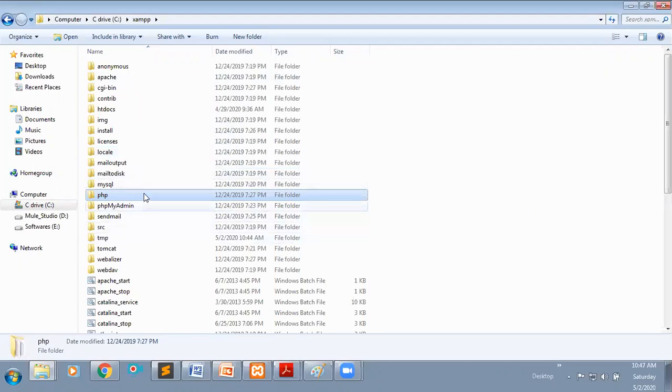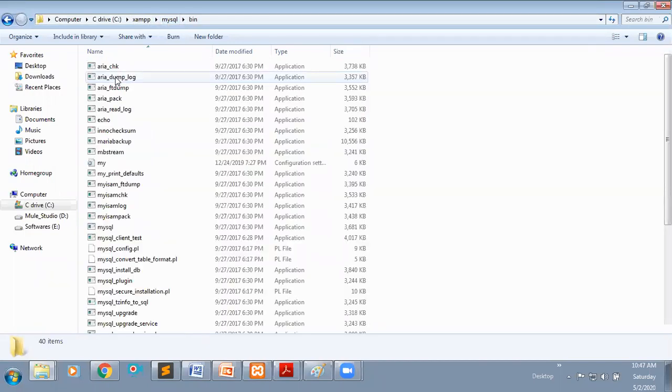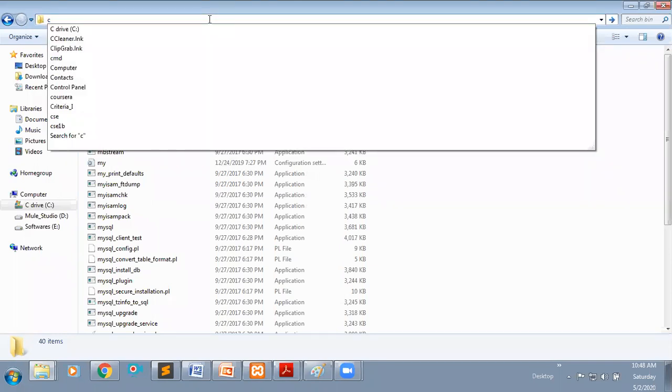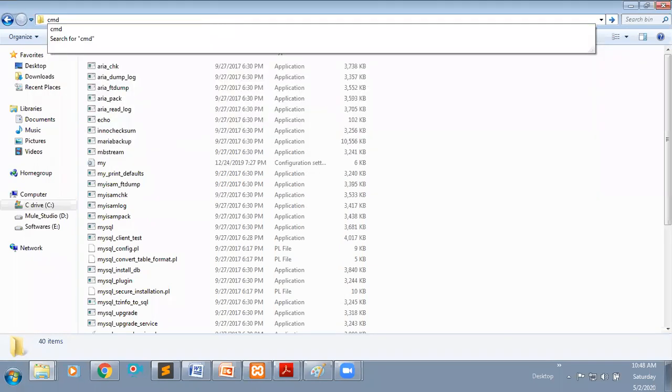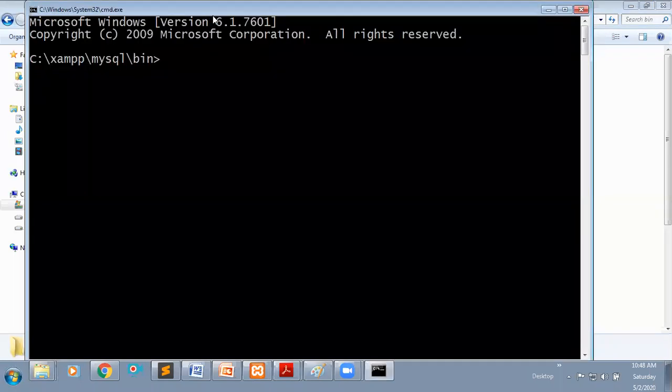These all come by default while installing XAMPP. What I'm going to do is work with MySQL. Within the XAMPP MySQL, you can go to the bin folder. I'm opening this using command prompt, and I'm going to connect with the server using command prompt.